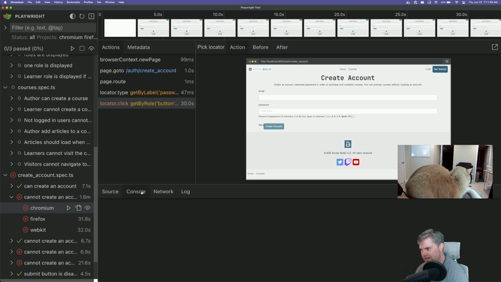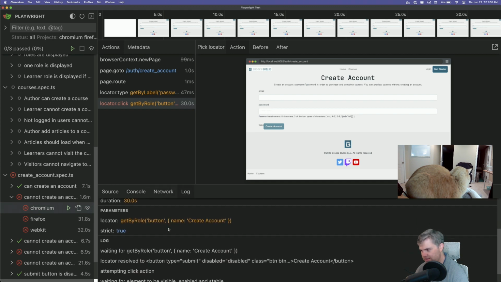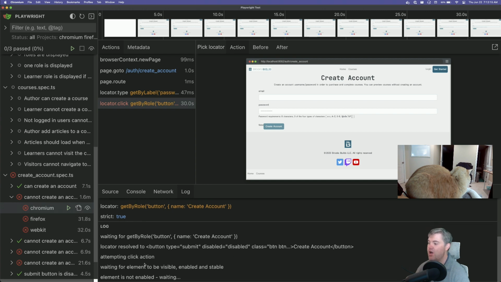I'm so confused with this. Okay, waiting for get by role, create account. Locator resolved to button, create account, attempting click action, waiting for element to be visible, enabled, and stable. Well, element is not enabled, waiting. Okay, so